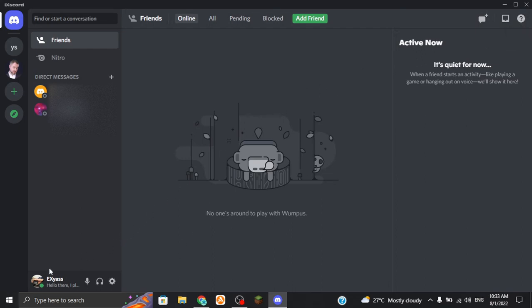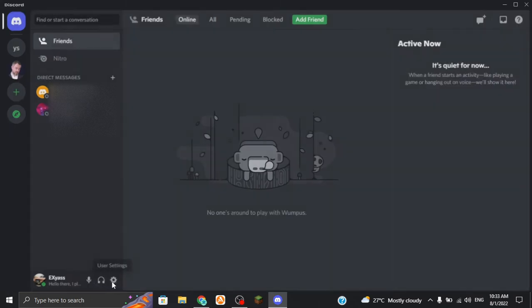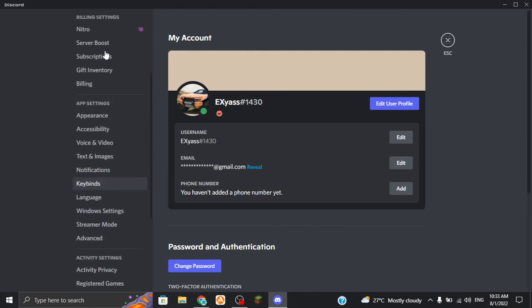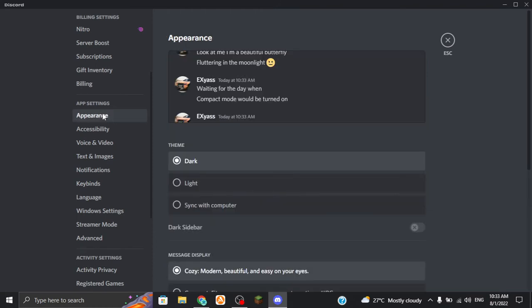Now let's go back down and get to the bar here. Sorry, I just kind of forgot some features. As you can see on the right, we can either mute our microphone, deafen our headphones, and open some more user settings. These are profiles, privacy and safety, a lot of things. I'm just going to go through the app settings. So the appearance, for example,